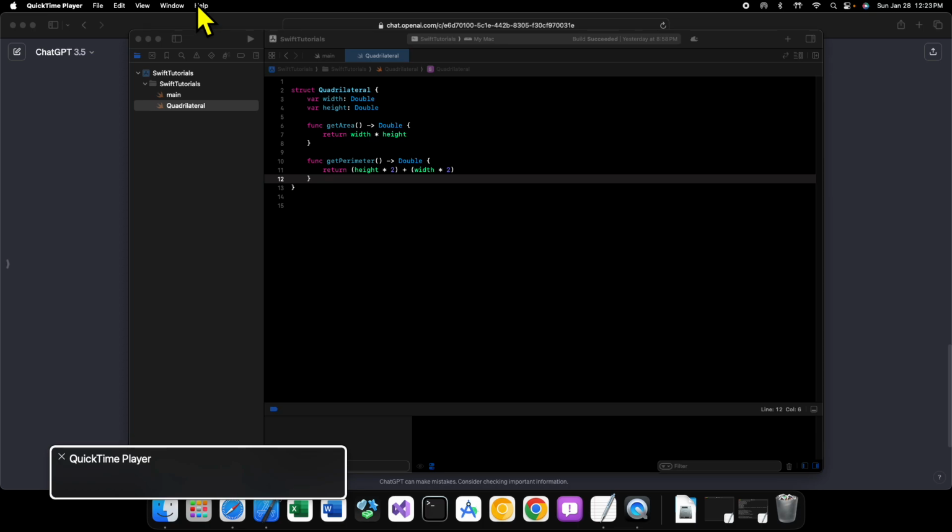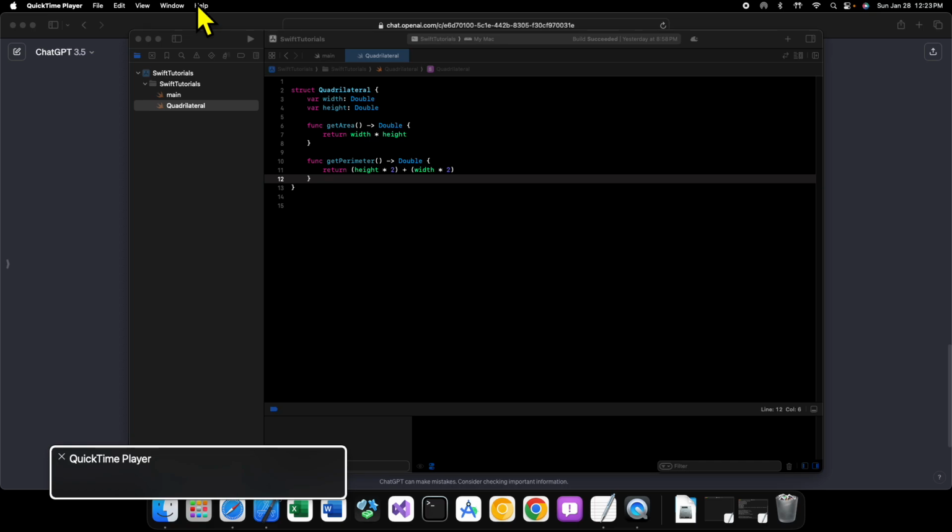Now, what exactly are computed properties? Well, computed properties are a type of property in a class or a struct that computes a specific value based on other properties and then returns it. It doesn't actually store that value. You can think of it as sort of a method, but it's not a method at the same time. So, just so you guys can kind of get what I'm talking about, let's take a look at this example